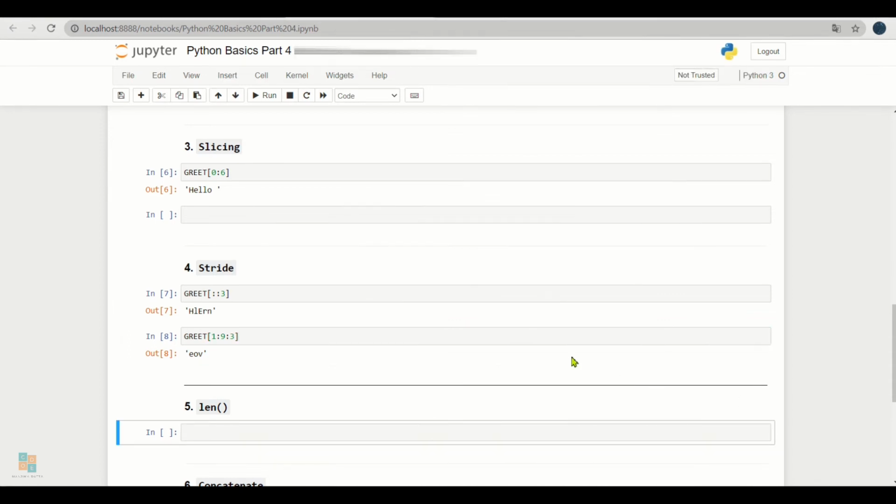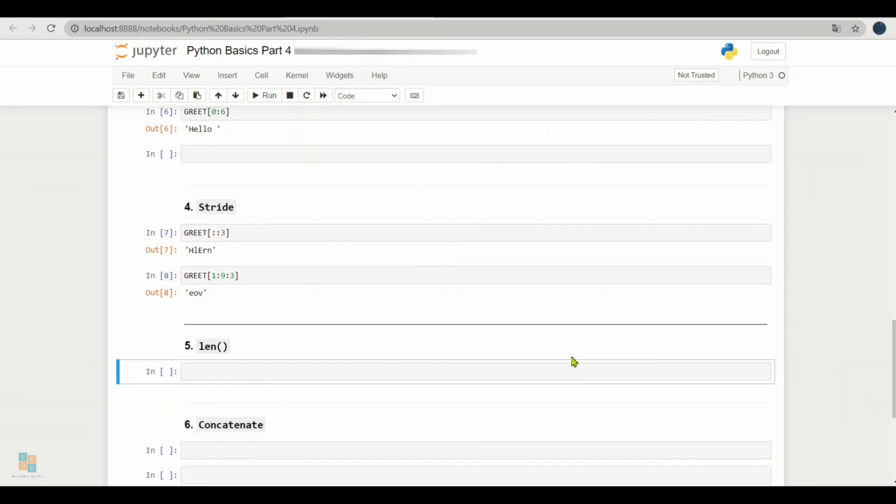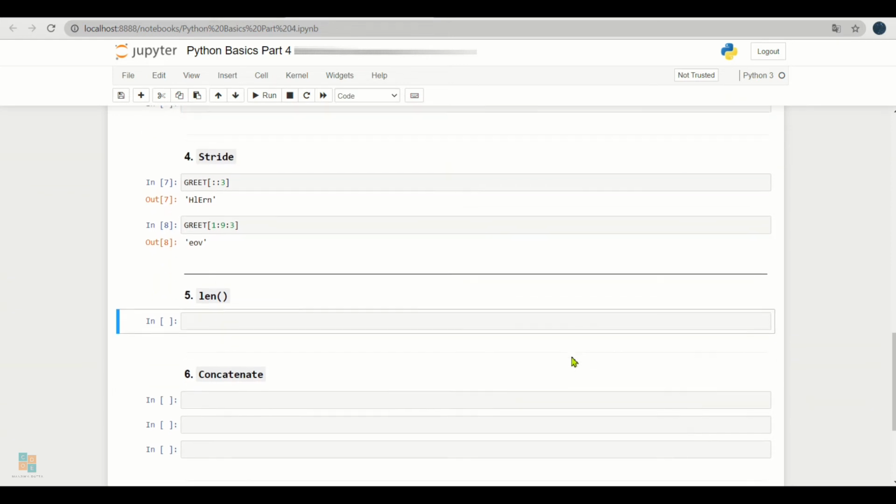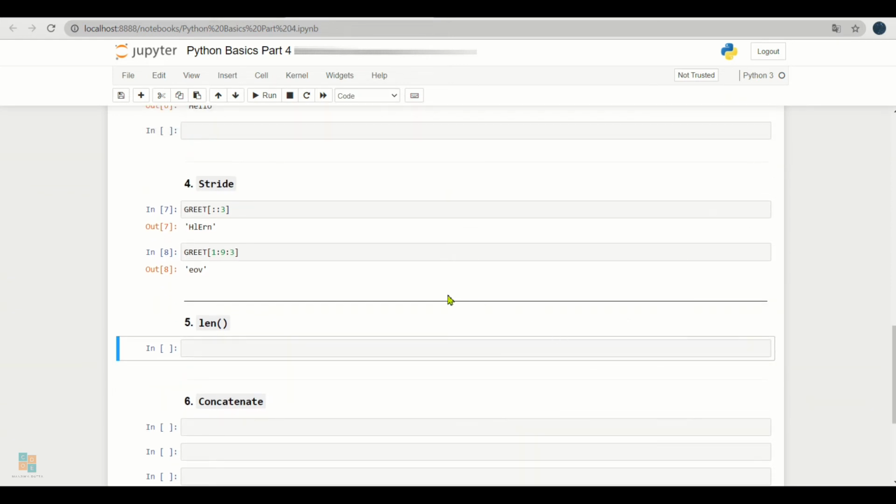Now let's say we want to know how many characters there are in a string, and I am sure you do not want to count them manually till the end, because it can get really troublesome if your string is of huge length. To do that, we need to write a command like this. First, the inbuilt Python function len for length, and within brackets the string value.